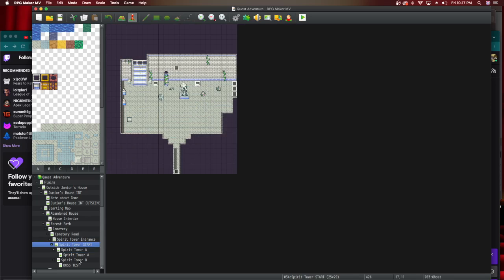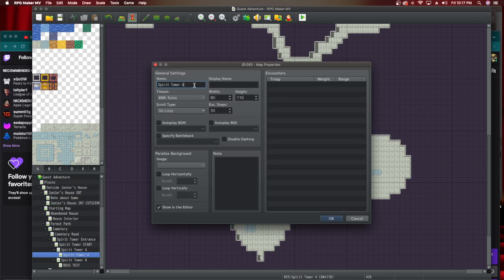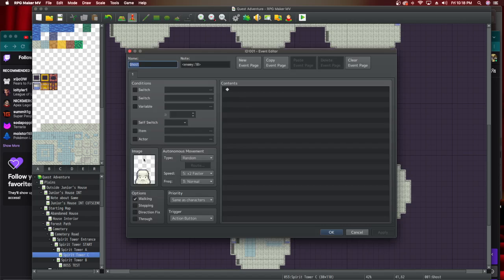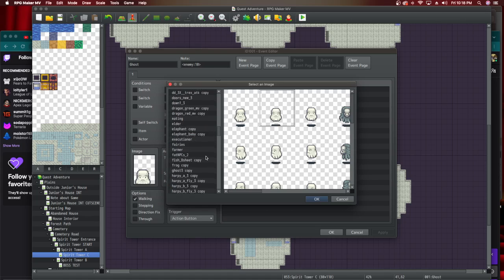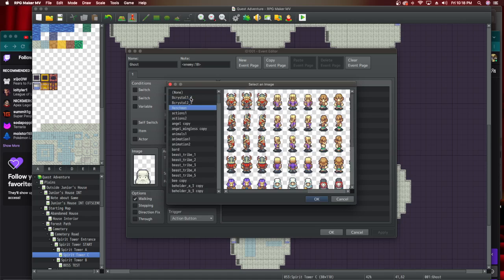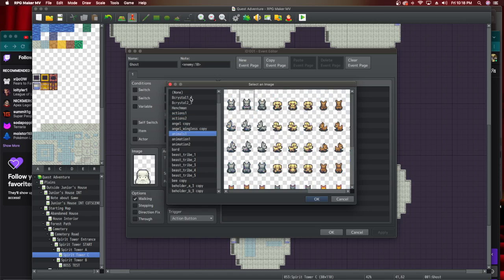There we go. Let us see. What do I got? And I won't be playtesting this time because I notice it super lags. I got a lot of creatures this time. I had a lot more of my packs that I got, so...